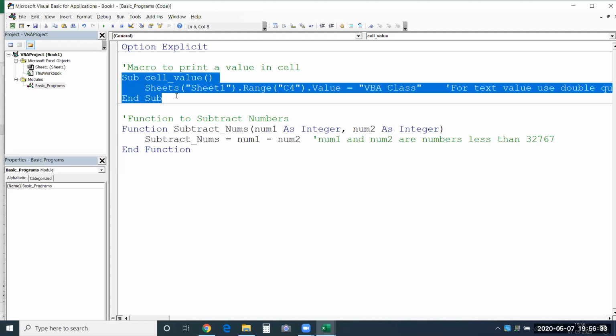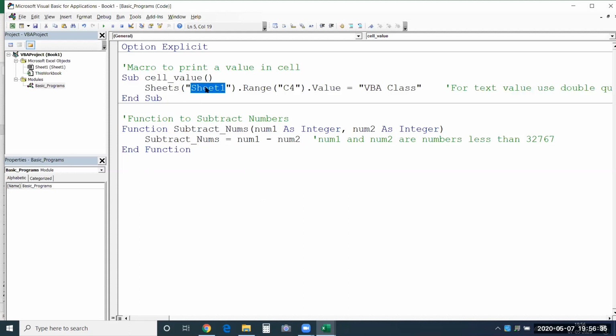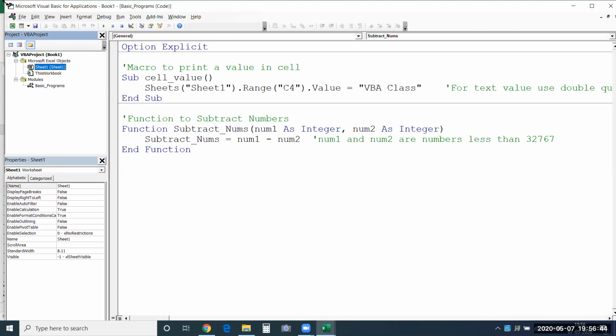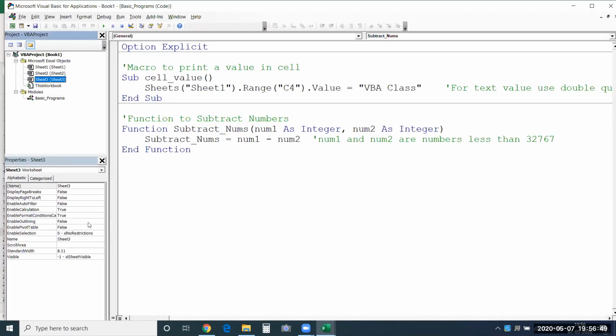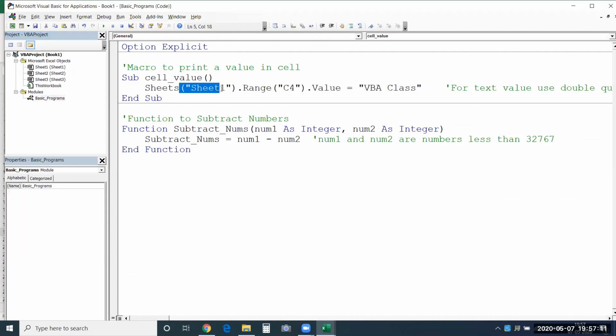See over here, I have used the sheet name that is mentioned in Excel. See, there are two names for a given sheet. You can see here, this happens only with sheets, guys. So let me add a few more sheets here, and you can see those sheets over here as well. So you have two names here, repeating: Sheet 1, Sheet 1, and the same for all the other sheets. But over here, you need to use the name which is present on the left hand side without brackets. When you use that, you don't have to provide this.